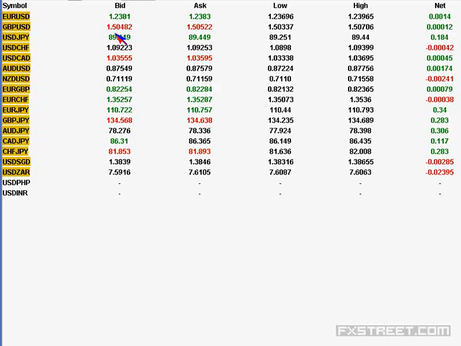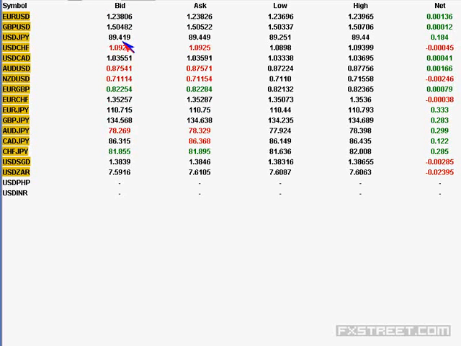And you would have seen just before the start of the webinar, 1.5067 was shown in GBP on the bid side. So they intend to firm up. They have shown it twice. So that shows that they intend to firm up GBP.